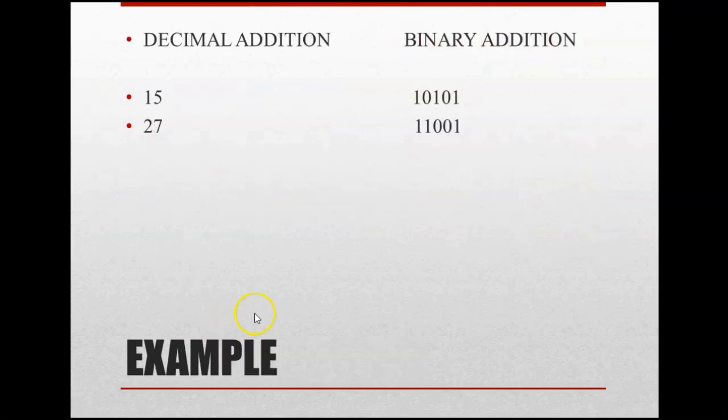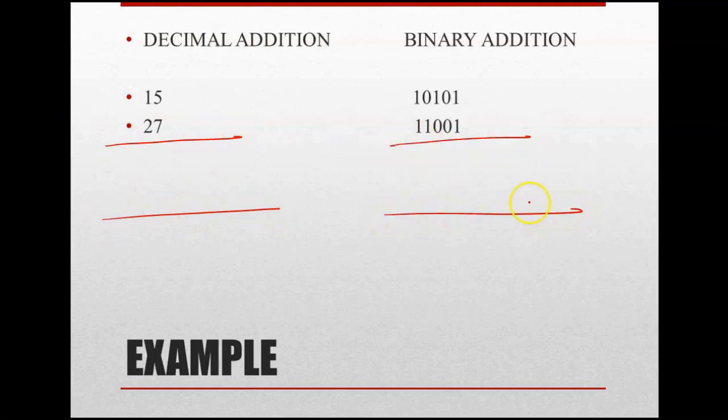Let us take some examples to make ourselves more comfortable with these types of questions. Starting with decimal addition. Why have I taken this example? Because binary addition is something like this only: 7 plus 5 gives you 12 and you get a carry. This one is nothing but the carry. Then 2 plus 1 is 3 and plus 1 is 4, so it is 42.